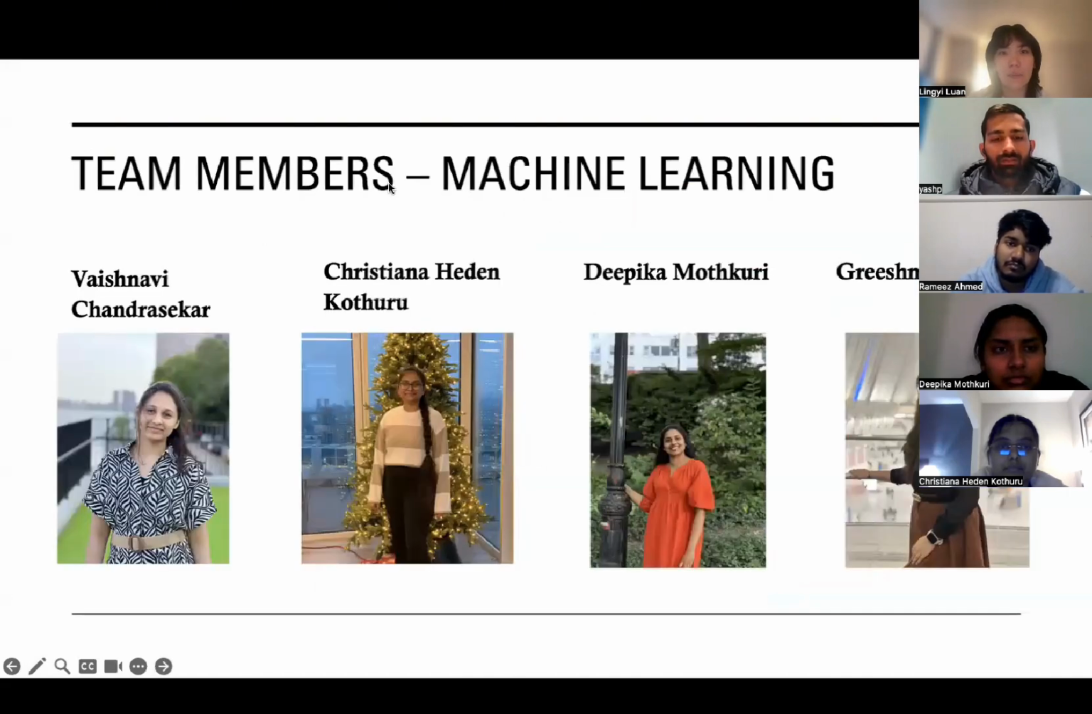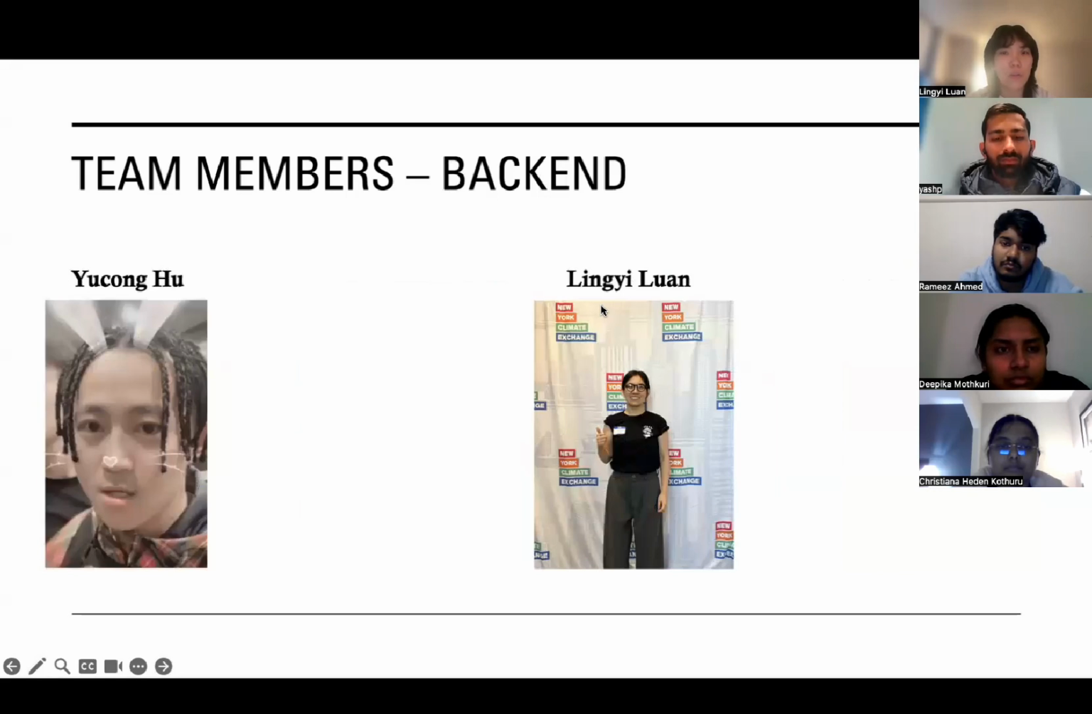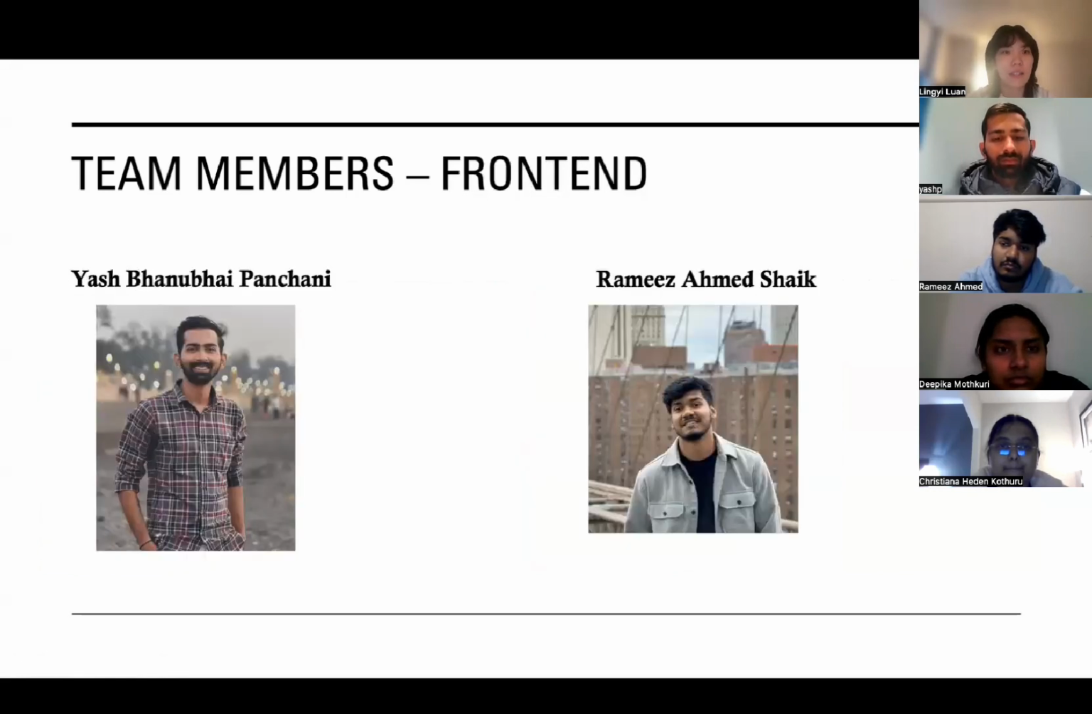And here are our team members. Vaishnavi, Christiana, Deepika, and Grishma will be responsible for the machine learning part. Yutong and Lingy will be responsible for the backend part. And Yash and Ramiz,